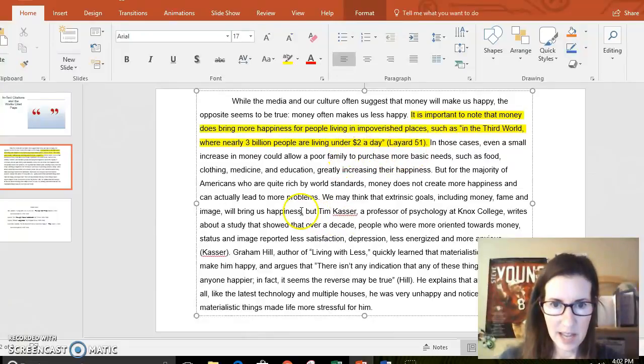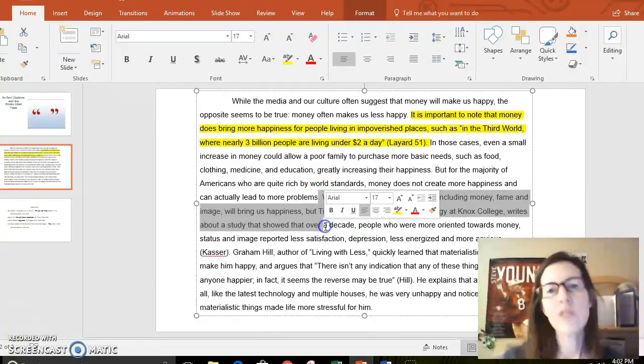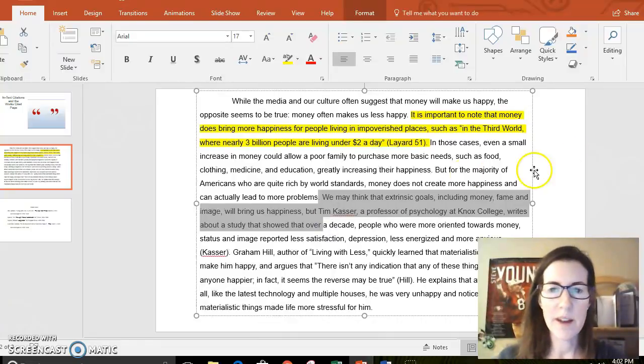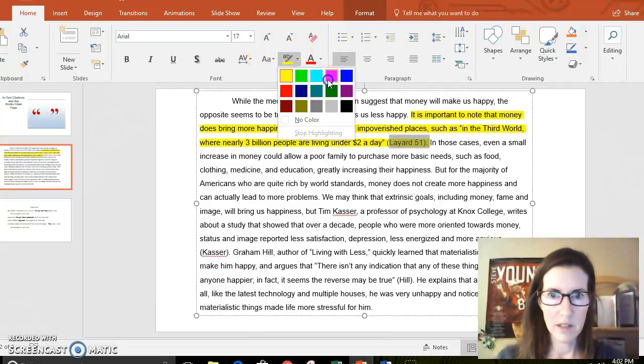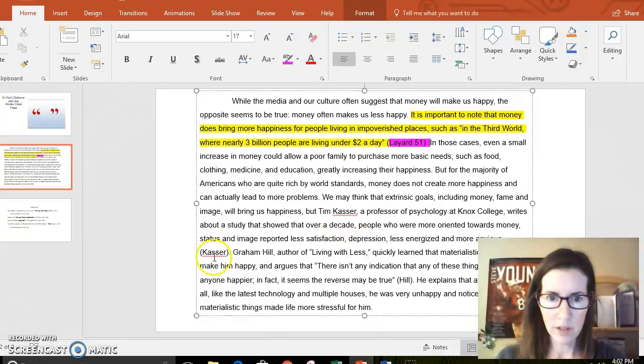And then in this next example, the person doesn't actually include a quote, but just really rephrases that quote in her own words. So she's paraphrasing here. But notice that each time the writer includes a quote or a paraphrase, she also includes an in-text citation at the end of the sentence to tell us where